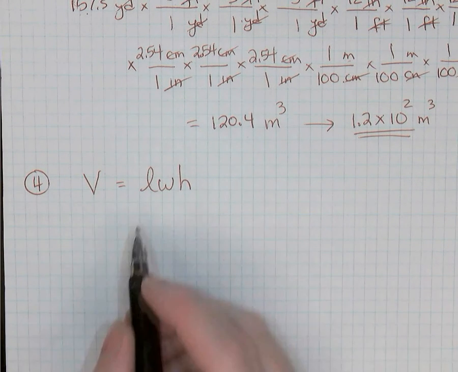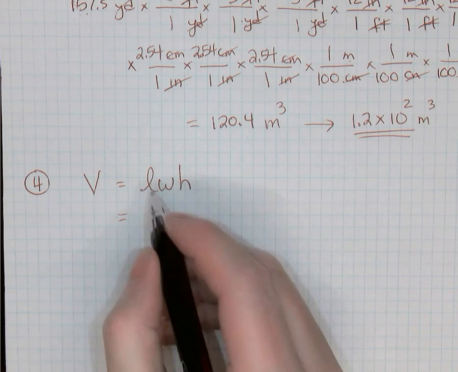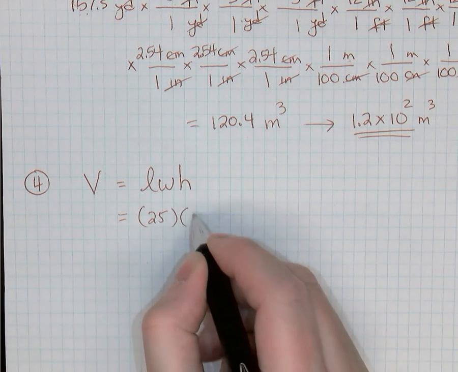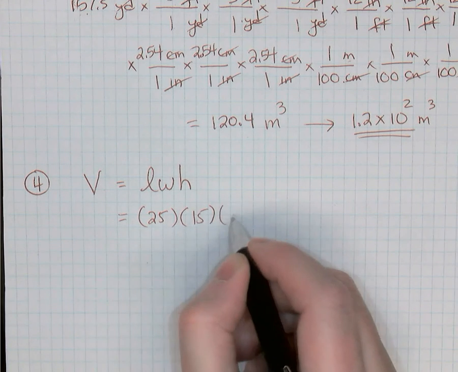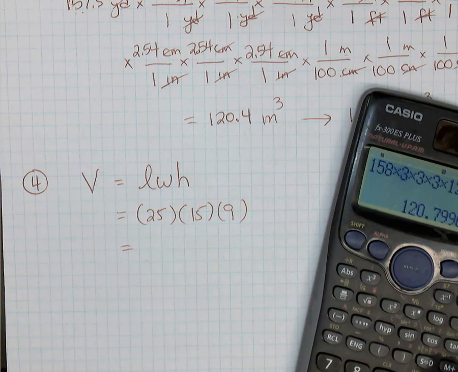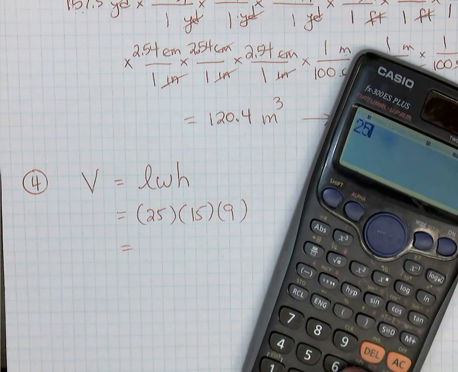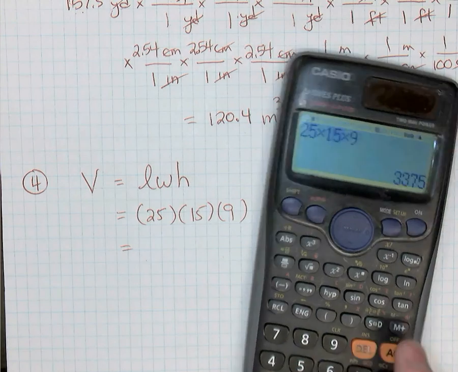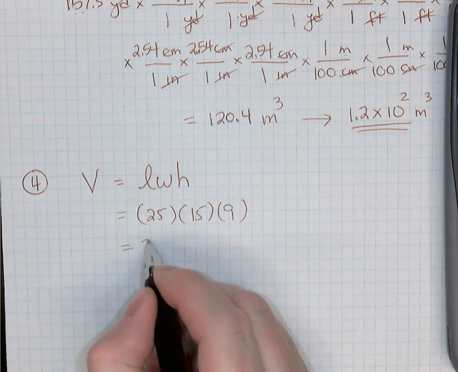Volume is length times width times height. We'll put our numbers in: 25 feet by 15 feet by 9 feet. And so the volume of this swimming pool is 25 times 15 times 9, 3,375